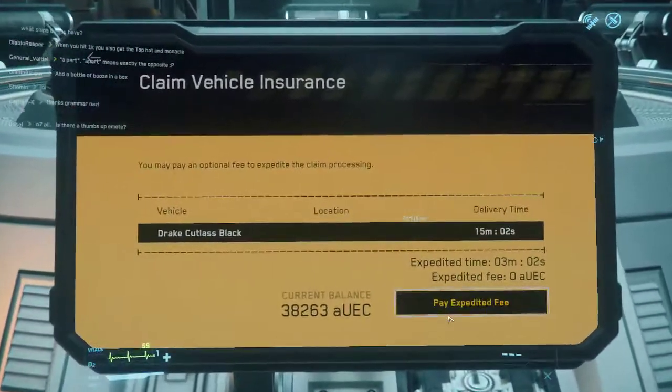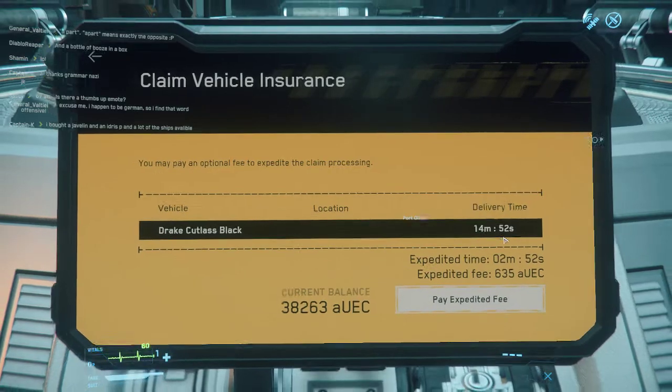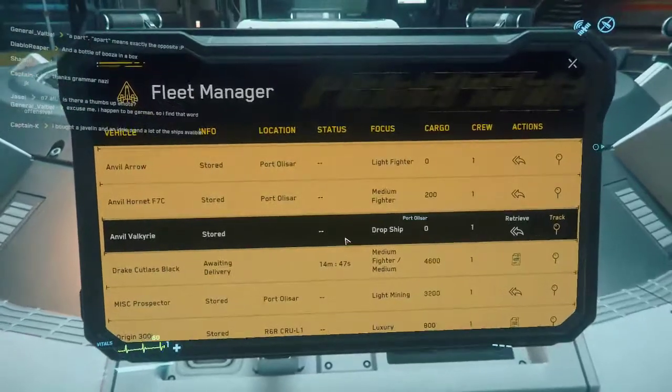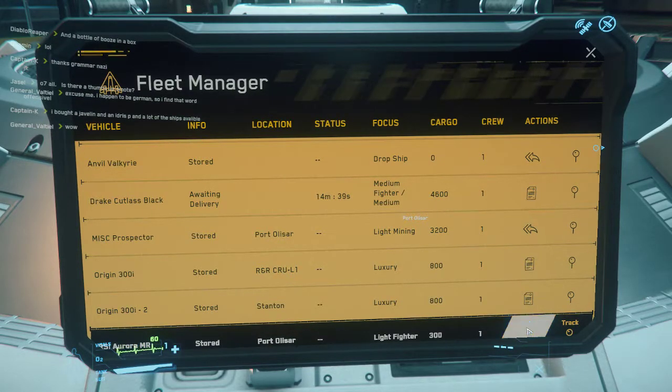But anyway, whatever. File a claim. Walk away. You could pay the expedited, which is 639 AUEC, but you know, you made a little bit of money. You don't want to spend it right away. You got 14 minutes for that. Now, for the Aurora, it will be much less time because it's a smaller ship. So let's just, for shits and giggles, press it. Say you crashed coming in, whatever. Press the claim,